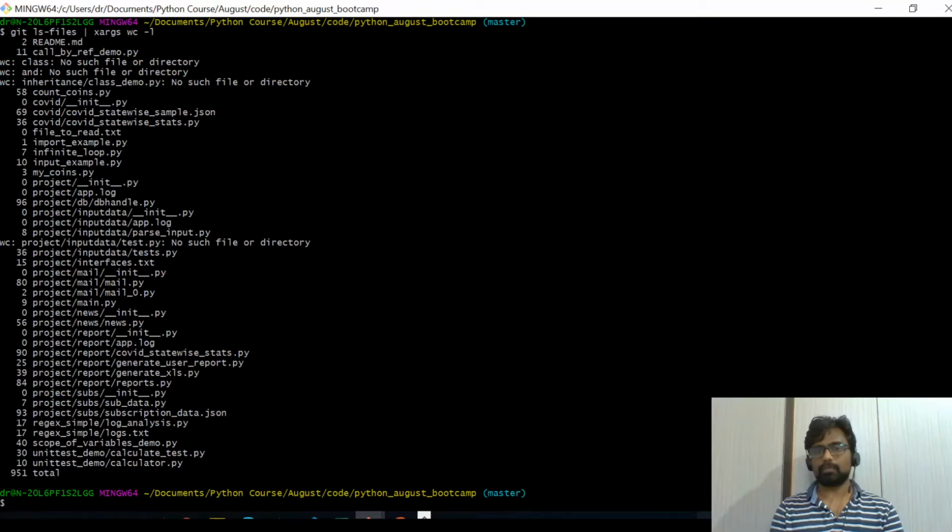Of course, there are JSON files and other files, but even if you remove those, it crosses about 600 to 700 lines of code.